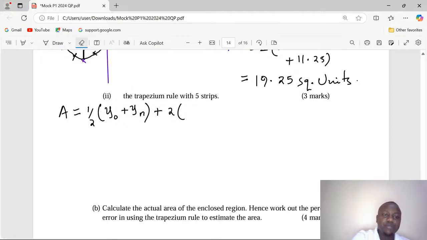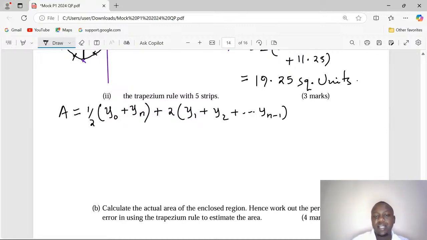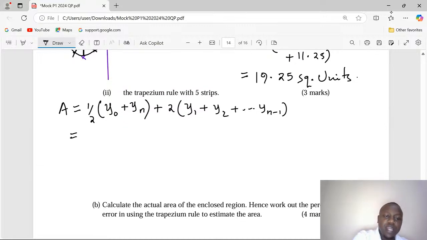All the other heights between those two, up to just before the very last. So it means we need half